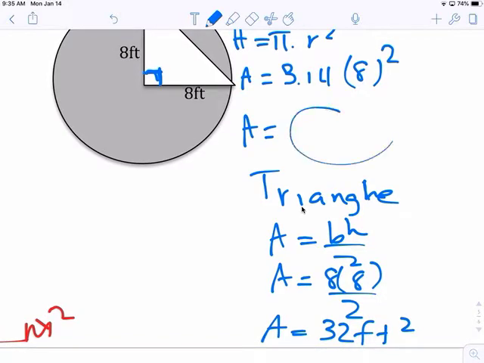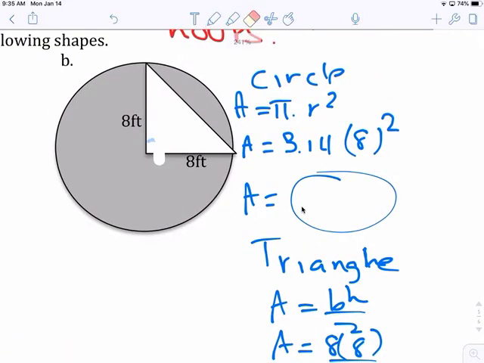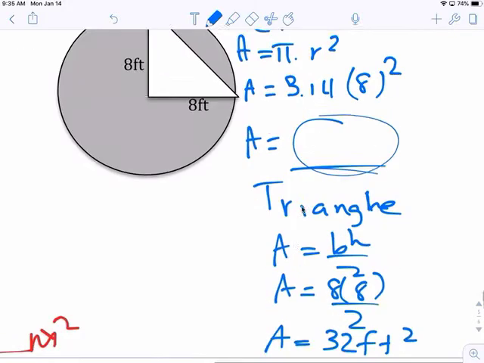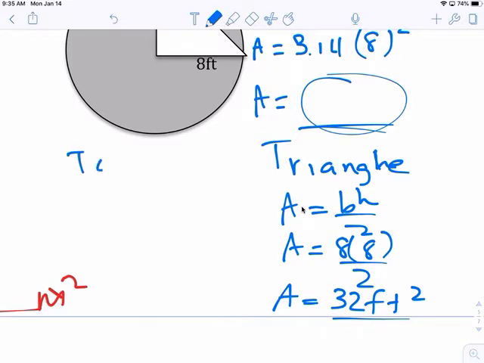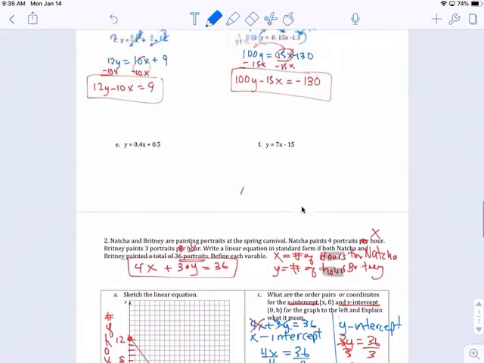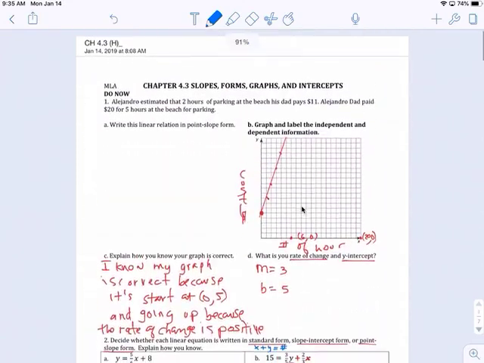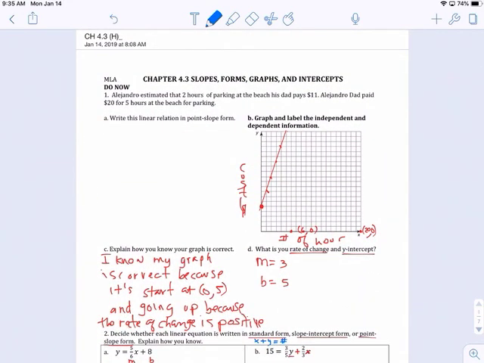And whatever this is, make sure you subtract. It's a white spot, so you subtract. Subtract this answer from this answer. Total area is, okay? You didn't need the Pythagorean theorem because there's no number missing that we need. We only use the Pythagorean theorem when we're missing a number. Any questions? Ask me at